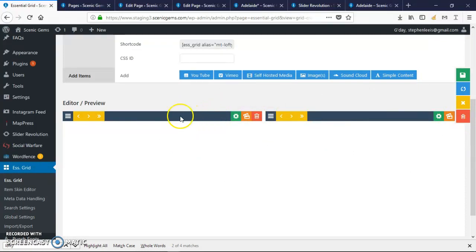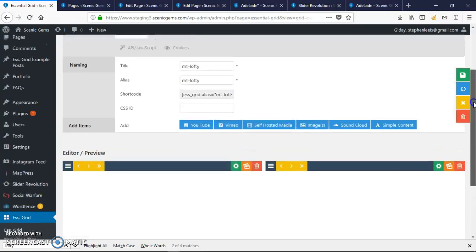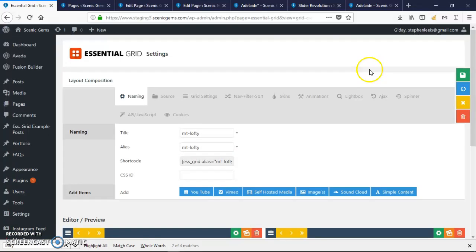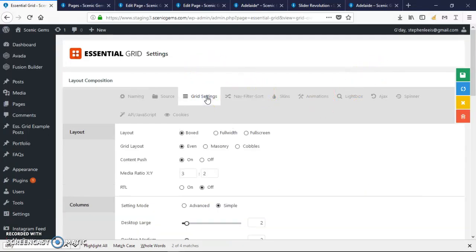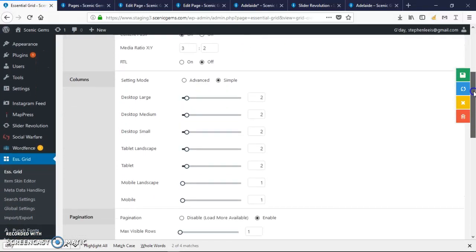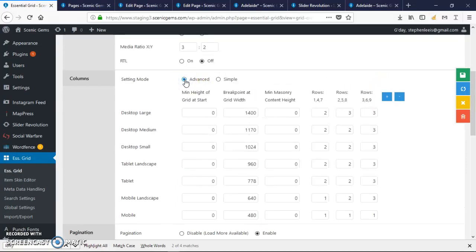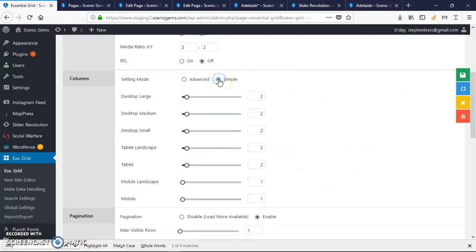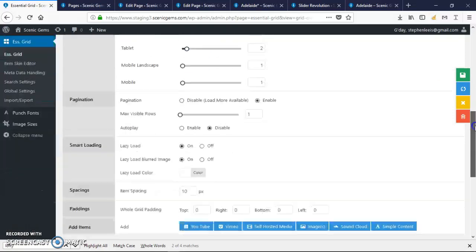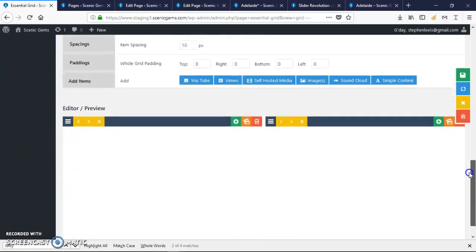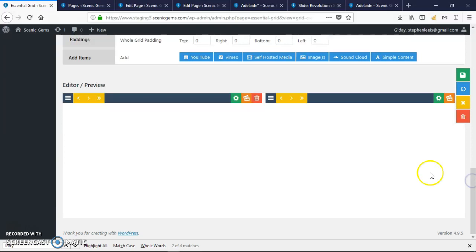If you don't even have any of these bars there, the way that you get past it, it's a workaround. I had to go to support to find this out. Is to just come into grid settings. Oh, I've already clicked, that's why. It should be on advanced. That's how you'll find most of the grids. And then by simply clicking on the simple radio button, the bars here will appear. Once the bars have appeared, you then edit the element,